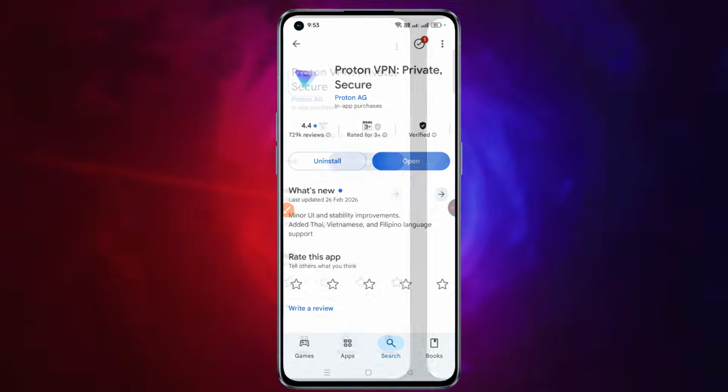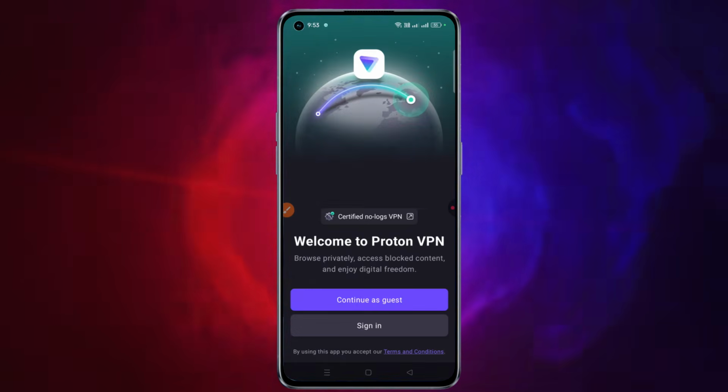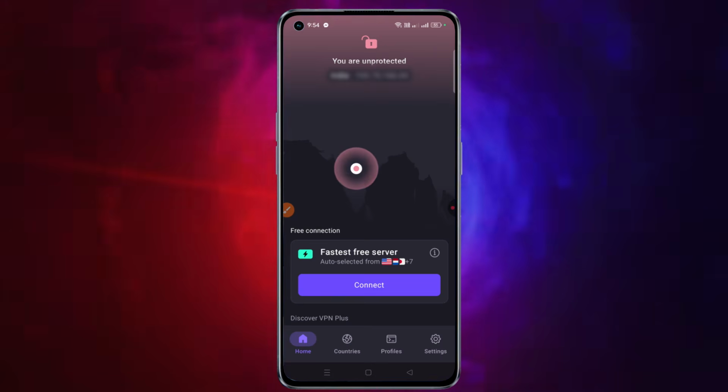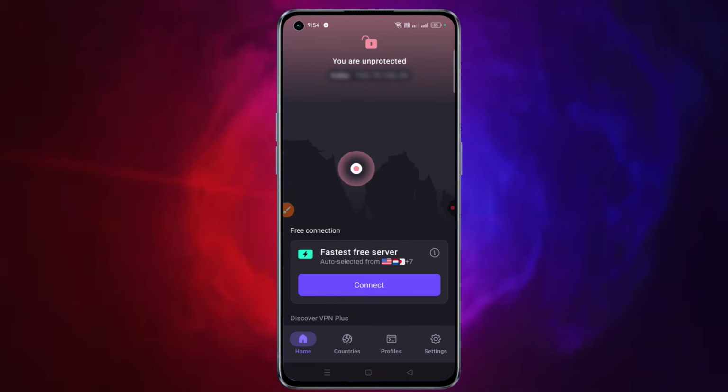First, let's open the application. As you can see, Proton VPN suggests their sign-in feature, and also you can continue as a guest. If you click continue as a guest, you can see a new window in the Proton VPN application. Basically, they tell you about their premium feature. After that, if you click not now, then you can enter the actual Proton VPN dashboard.